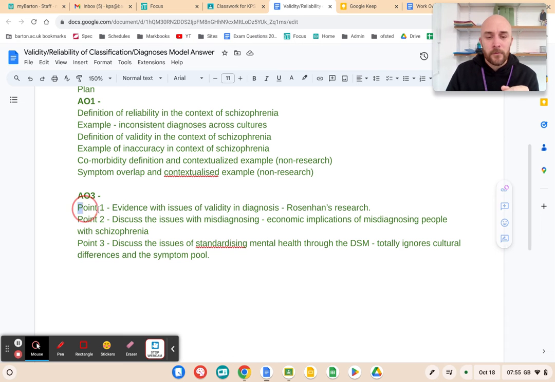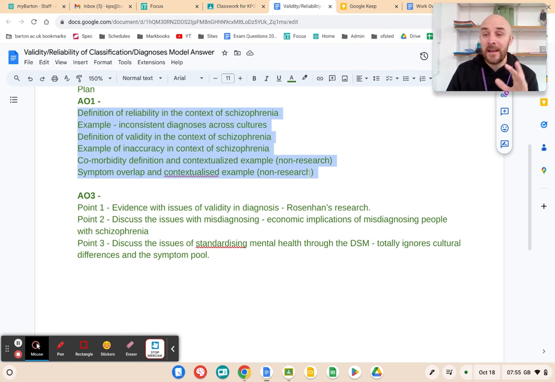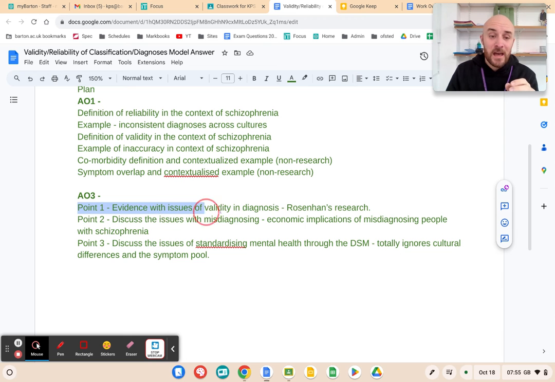But the first point I've gone for is evidence of issues. So I'm not going to talk about any pieces of research here at all in the AO1. Not going to talk about any pieces of research. The research, the evidence, the backing up comes in my AO3. So I'm going to give evidence of issues with validity. I'm going to talk about Rosenhan's really, really good piece of research, and to demonstrate that there is issues with validity. My second point is going to be discuss the issues with misdiagnosing,